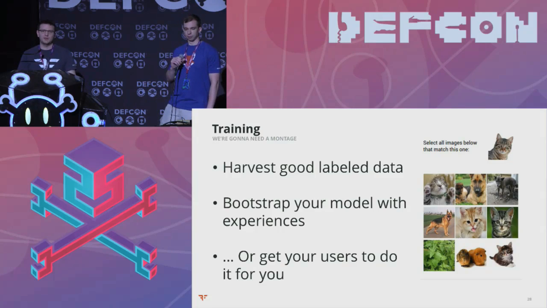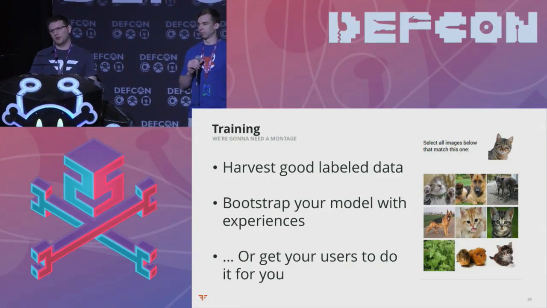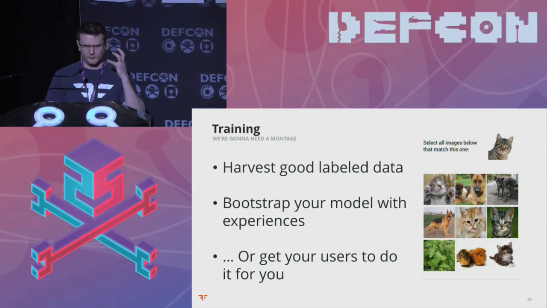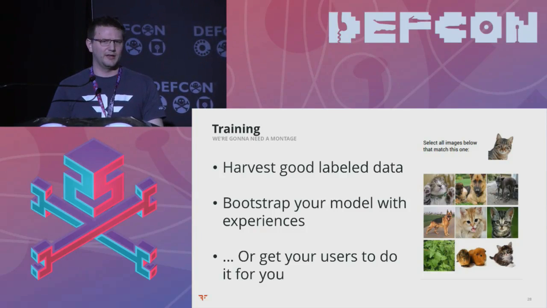Getting a good sample of training data is usually the difference between a solvable problem and one that isn't. So in your problem, if you're thinking, I wonder if I can solve X with machine learning, try to think about how you can get a huge amount of data on your problem that's labeled data. And it has to be labeled data, which is to say that you have to know ahead of time what it is and what it isn't.